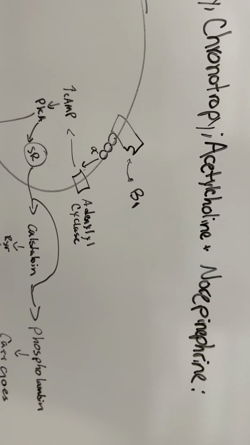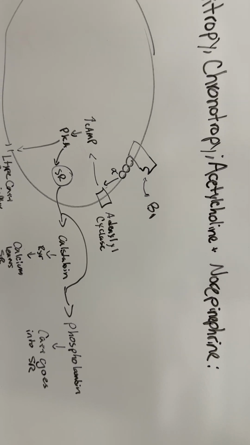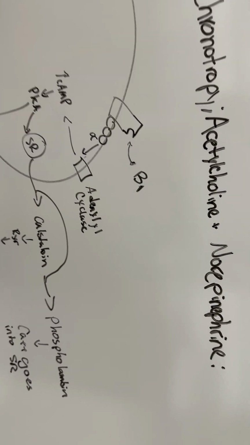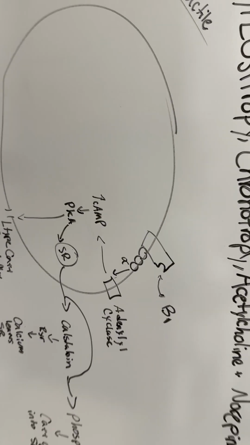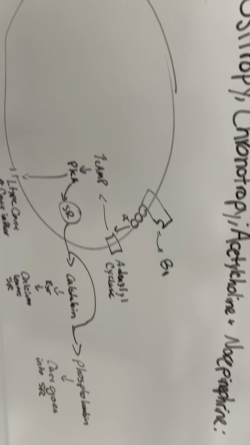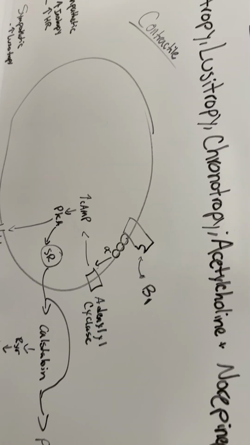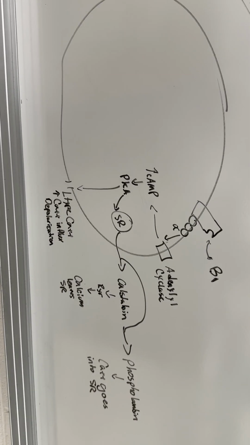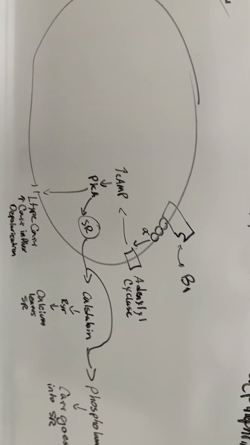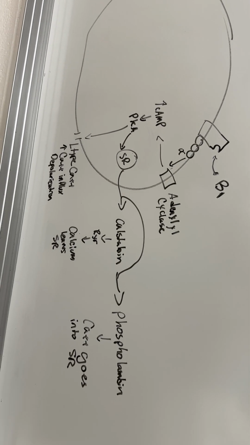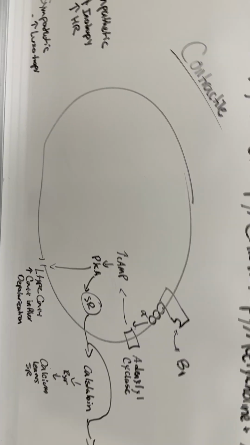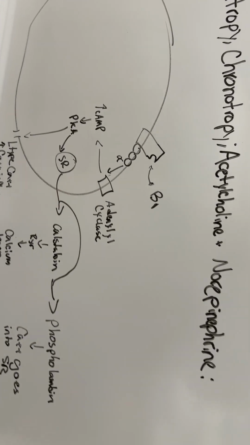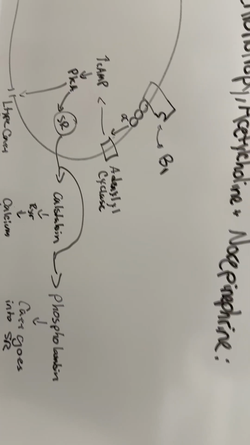So we have a beta 1 receptor here, which has an affinity for norepinephrine, which is our ligand. That's going to bind to a G protein coupled receptor. We're going to send the alpha subunit to adenylyl cyclase, which is going to increase the levels of cyclic AMP, which is going to activate protein kinase A. Protein kinase A is going to open up L-type calcium channels. We're going to have an influx of calcium into the cell, which is going to cause depolarizations and increased inotropy, increased heart rate there. Protein kinase A is also going to act on the sarcoplasmic reticulum by